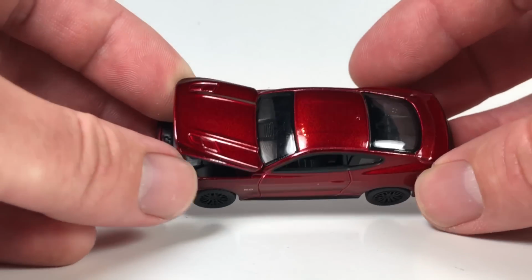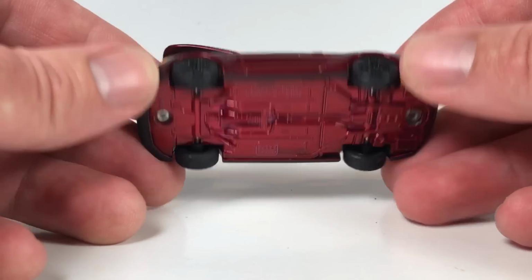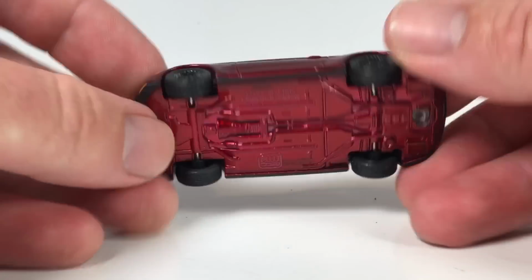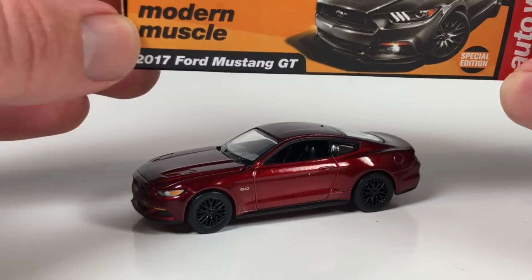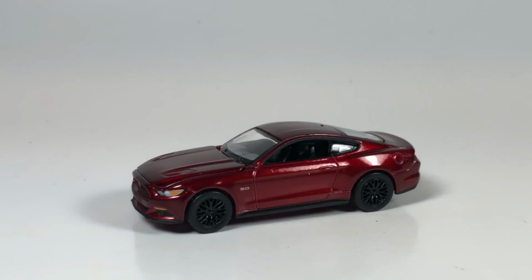The version D and C Ultra Reds all had, I believe, Ultra Red bases, and then these hobby exclusive ones had Ultra Red bases. So Ultra Red base, Ultra Red body, and that was it. So this came out in 2 colors. It came out in this gunmetal gray, and then it also came out in just a jet black as well. I'm not digging out the regular ones to show you. I apologize about that. I did have that carded one, but